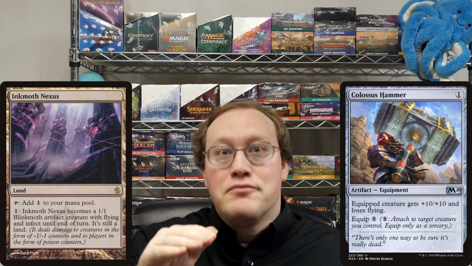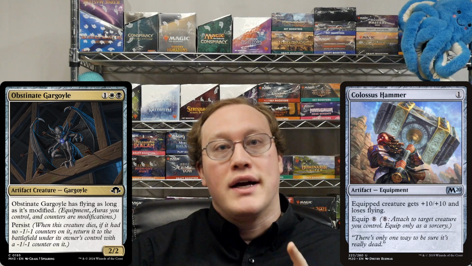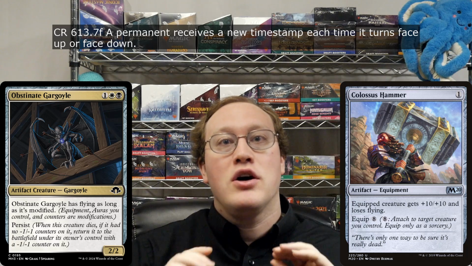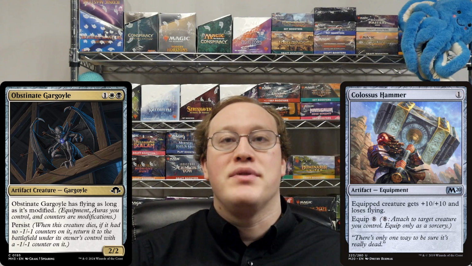If you manifest, or cloak, an Obstinate Gargoyle, and then equip a Colossus Hammer to it, and then turn it face up, that will also do the trick. The reason is that anytime a permanent turns face up or face down, that causes that permanent to get a new timestamp. Therefore, the ability that makes Obstinate Gargoyle gain flying will have a later timestamp than the Colossus Hammer's,